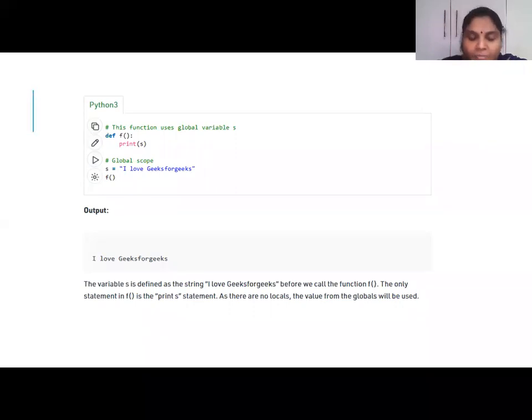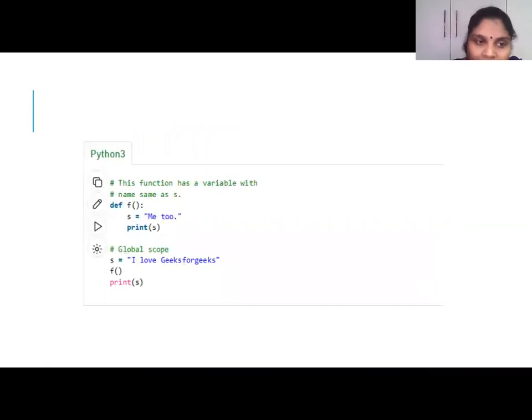So you should be remembering three things now: global variable, local variable, and global keyword. A global variable is defined outside a function, a local variable is defined inside a function. But if you want a local variable to behave as a global variable, you should add the keyword global in front of that particular variable.